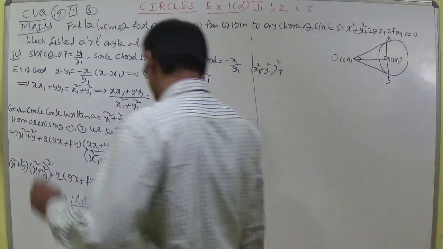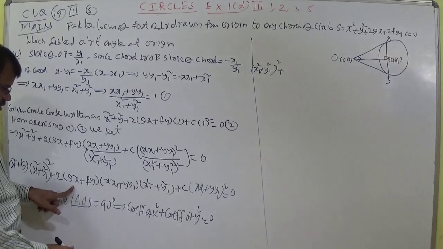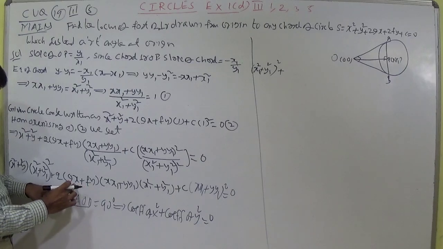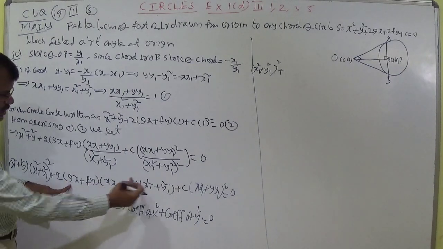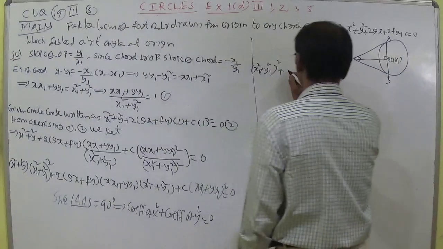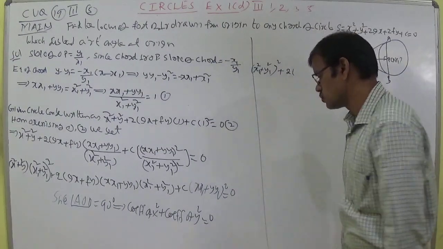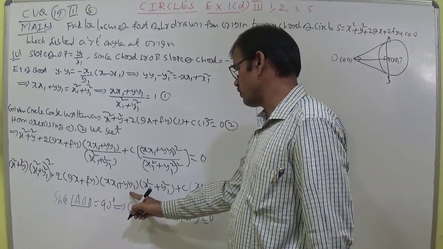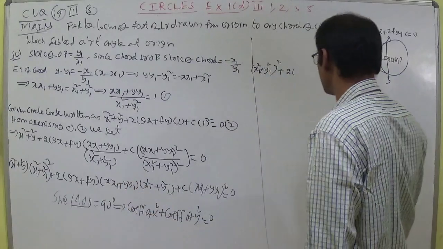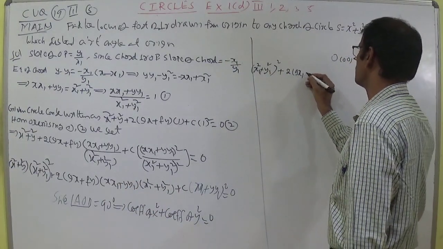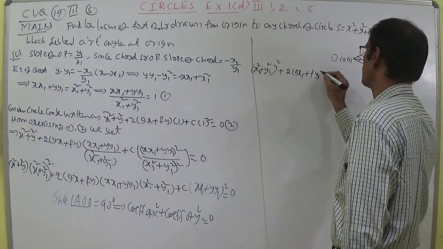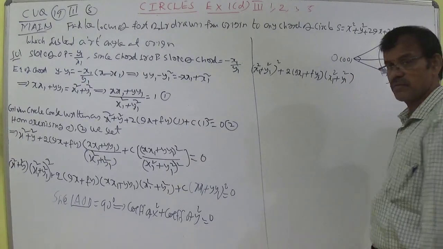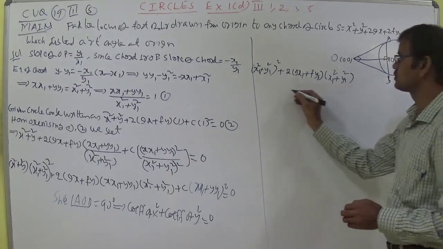Next, for this one, here, 2gx is there. Students, gx into x, gx square. The coef of x square becomes gx1 into x1 square plus y1 square, directly you can write. So in the similar way, y square coef, fy into y1. So fy1 you can write. So directly you can write as 2 into gx1 plus fy1 into x1 square plus y1 square, plus later for